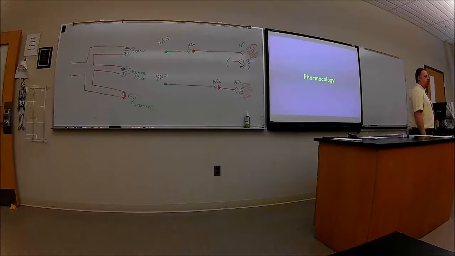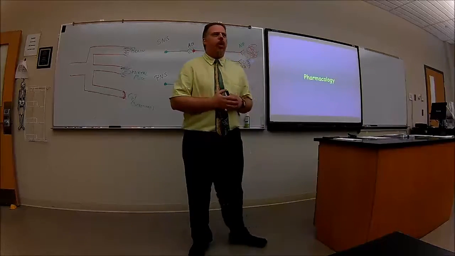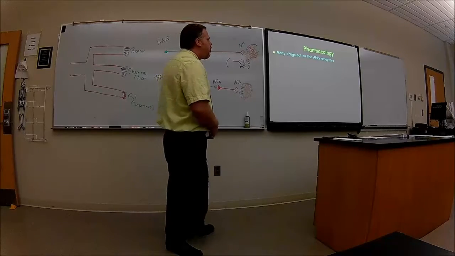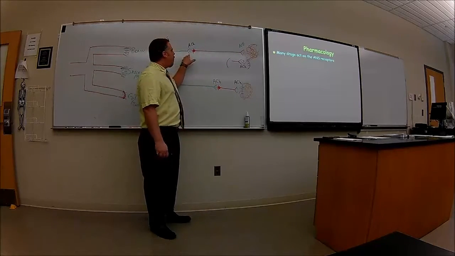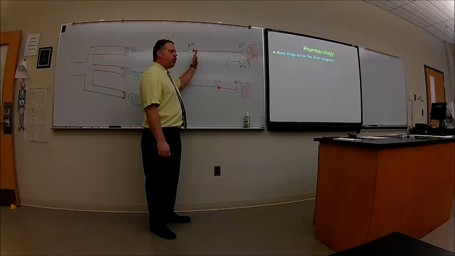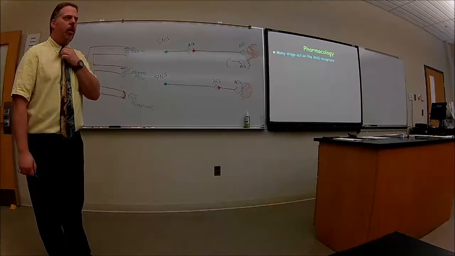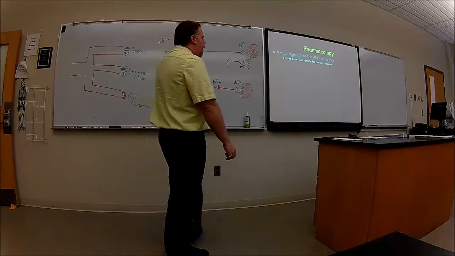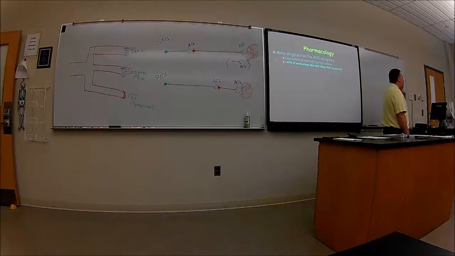It's not bad. It's just basically 4 or 5 slides on how to put the stuff together, at least an intro to pharmacology. So what we have is many drugs act on the autonomic nervous system. As you can see, we can make acetylcholine come out faster or slower. You can block receptors. You can stimulate them. You can do a lot of different things. It gives beneficial results for certain diseases. And like I said, about 60% of your medications deal with the autonomic nervous system.